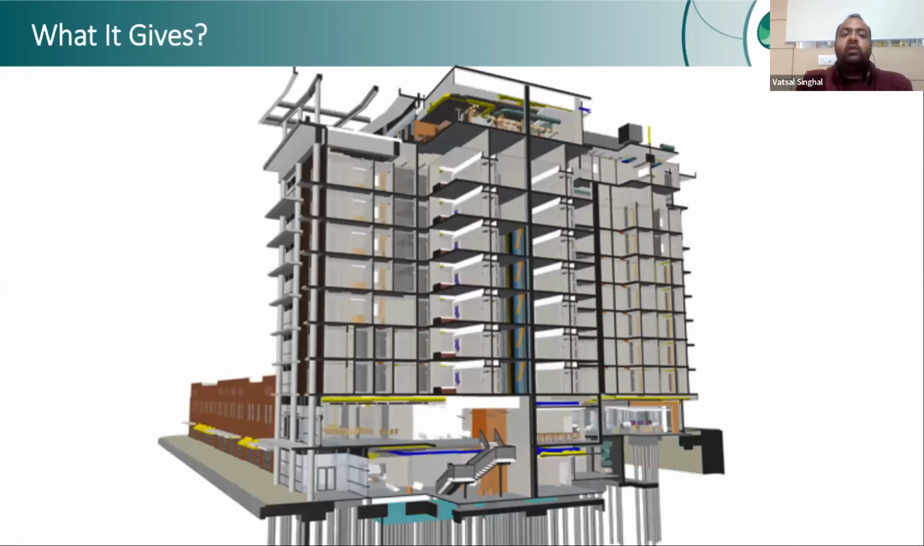I'll take you to the Revit overview. So first of all, what does Revit give us? It totally gives us a coordinated model. Suppose a lot of technical people work on a single